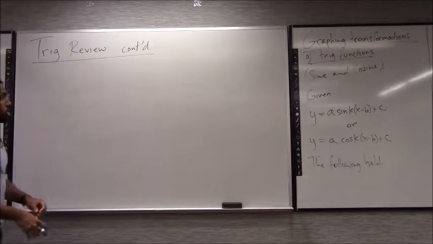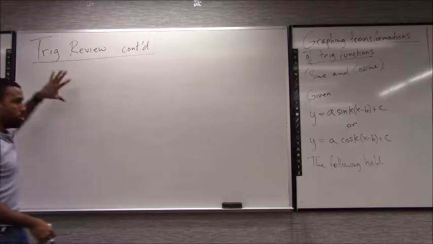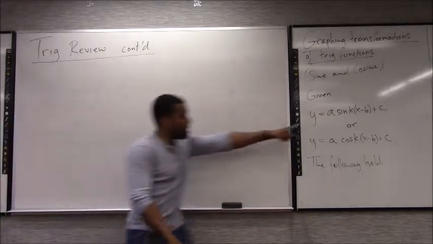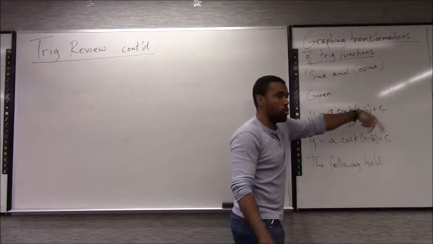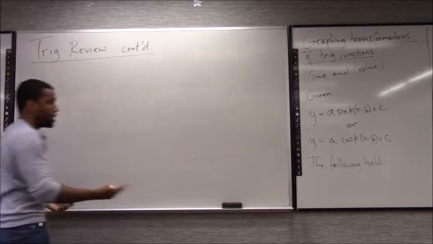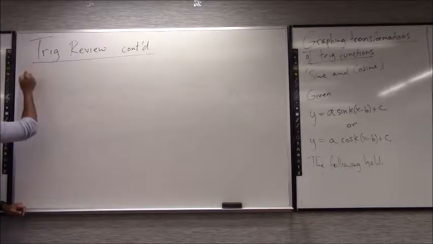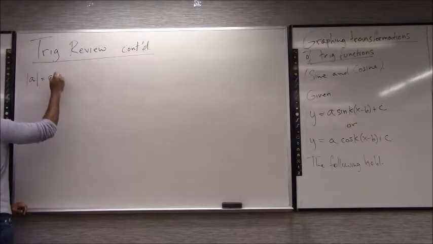And I'm kind of going to illustrate over here. I'll give you the rules first and then I'll illustrate over here what I mean. Okay, so given this, your A, your K, your B, and your C will be numbers, constants. But from that, if you're given a graph in that form, realize that if you take the absolute value of A, this is the amplitude of this function,